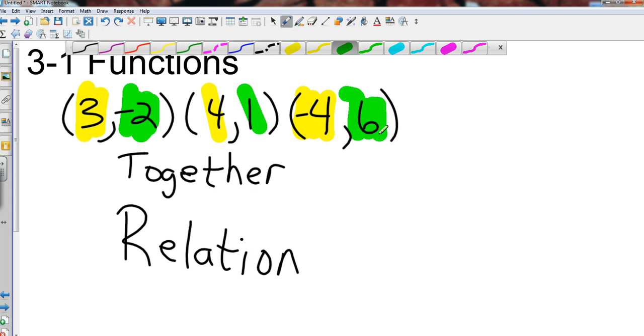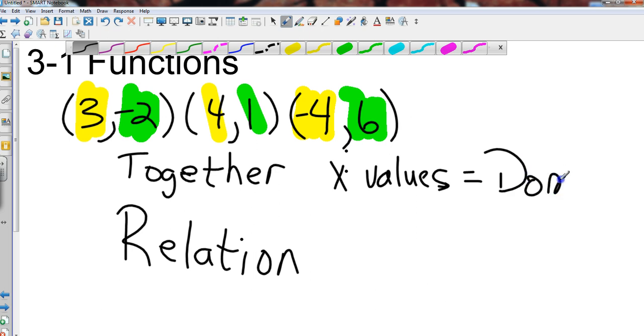Okay, and in a relation, these have very specific names. The x values are called the domain. So if they ask you what the domain is, they're asking you what the x values of that relation are. So the y values,